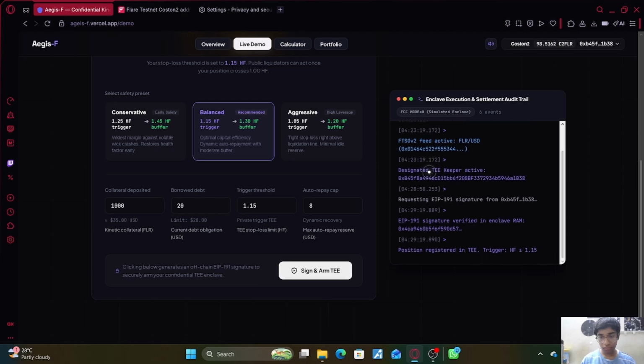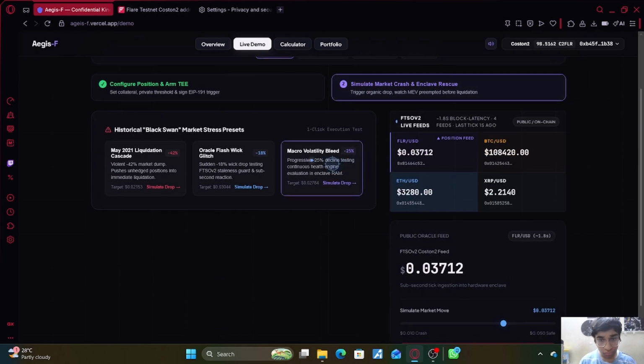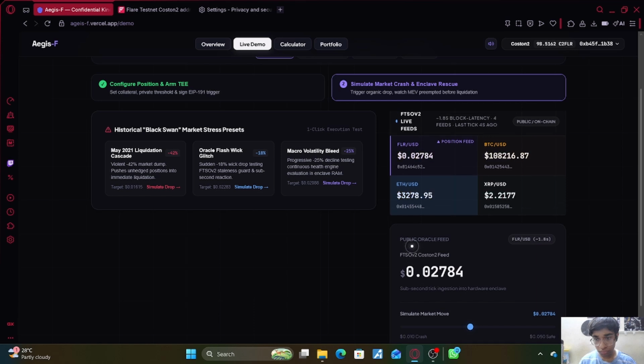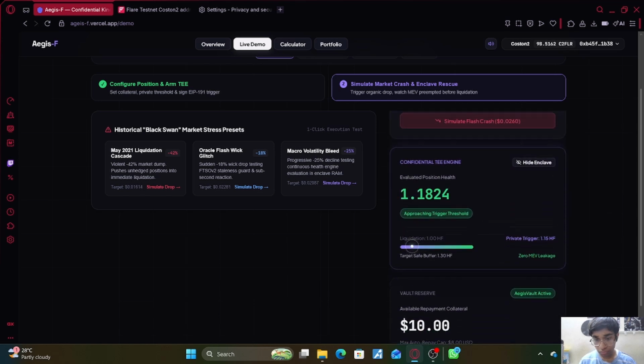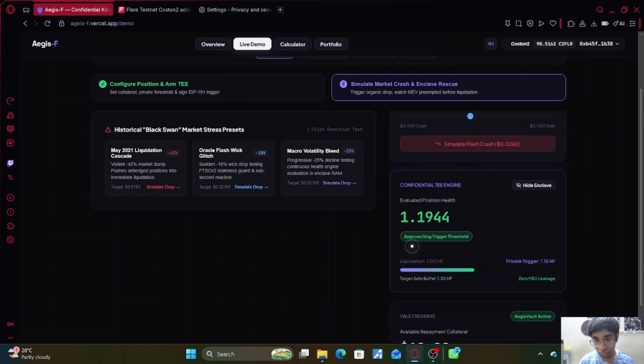Now that we have set all our requirements and the stop loss, let's simulate a crash. I'll trigger a 25% price drop on FLR. Watch the health factor. It drops to 1.1475, reaching our 1.15 trigger, and inside 340 milliseconds, the enclave detects the